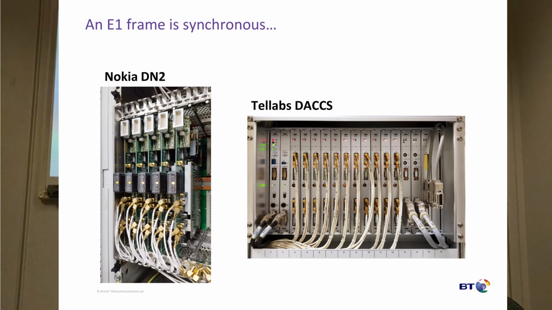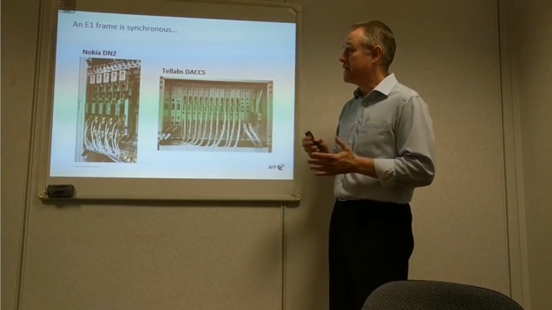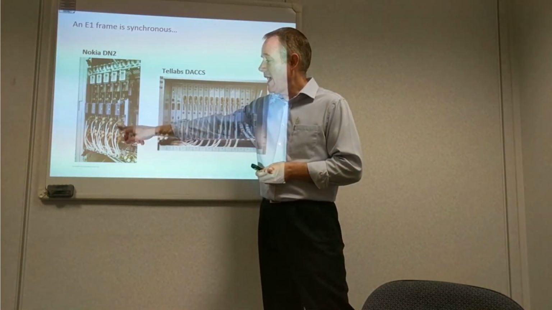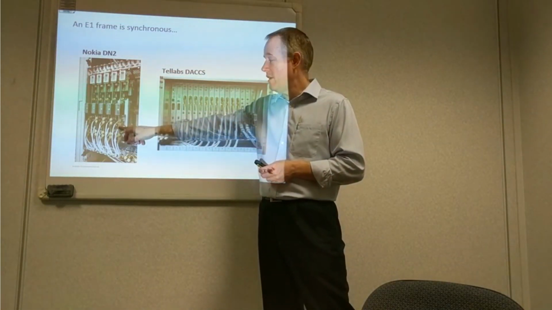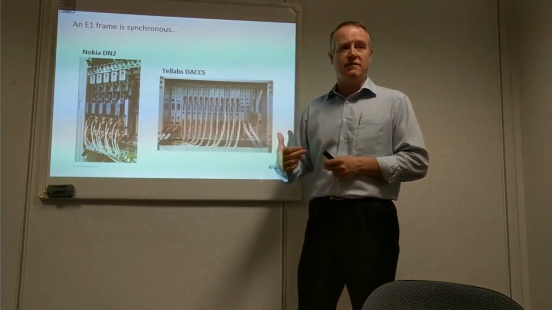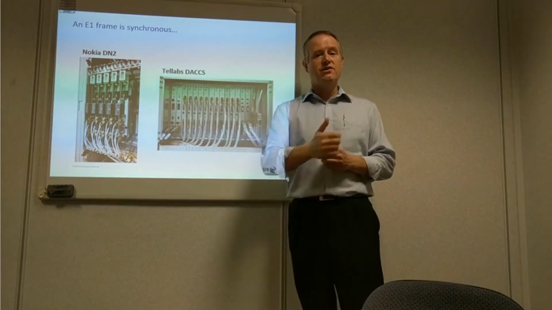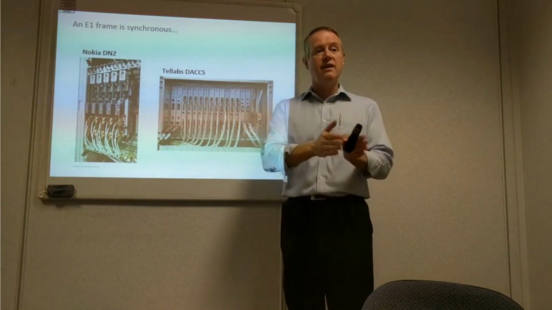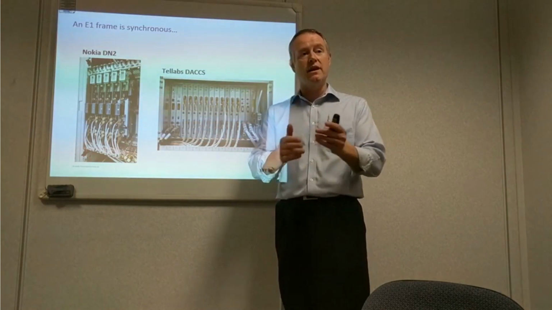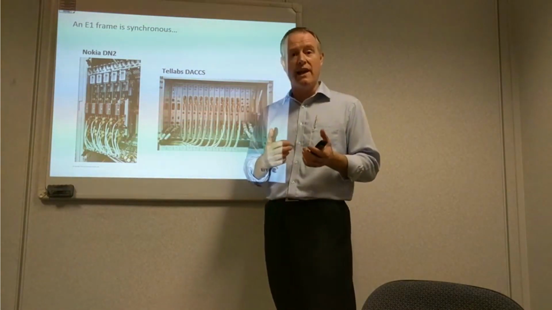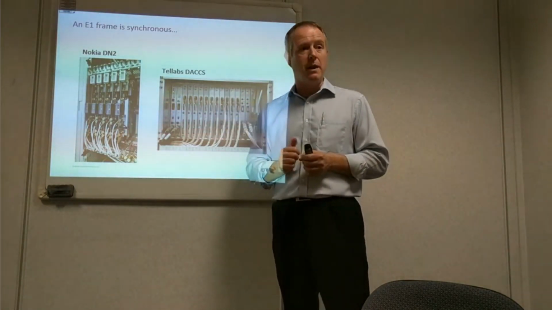Example here of a couple of pieces of equipment used to build mobile backhaul networks. And because the E1 frame is synchronous, then we could map n times 8 kilobits per second from a number of interfaces onto, let's say, an aggregate interface, and then reduce the transmission demand from, say, 3 partially filled E1 circuits to 1 fully equipped E1 circuit between different locations in your network. And of course that changed the economics of the network,